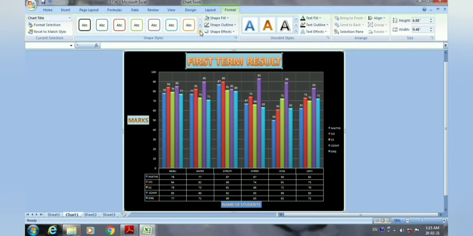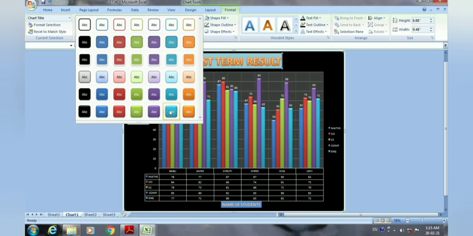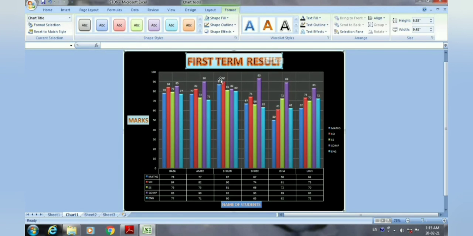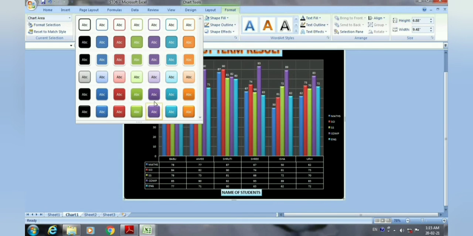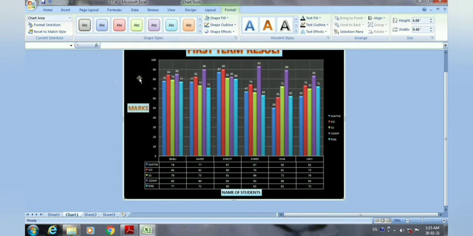Select this box, and if you want to set anything from here, you can set that also. Suppose I am selecting this one, then that will be visible over there. Here also I want to change, so I am selecting this, and you can see the things are changed over here. Just select the things according to your wish.